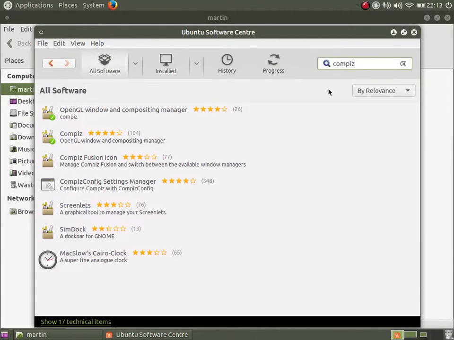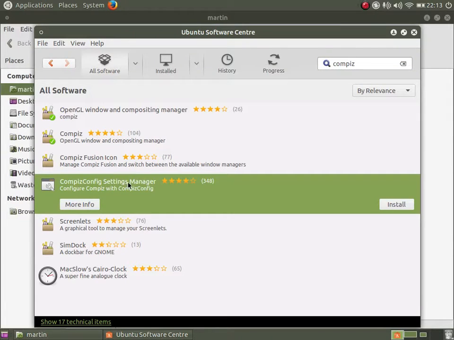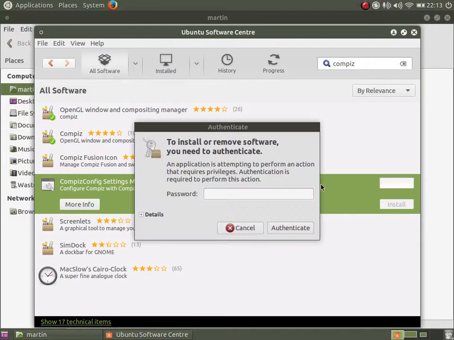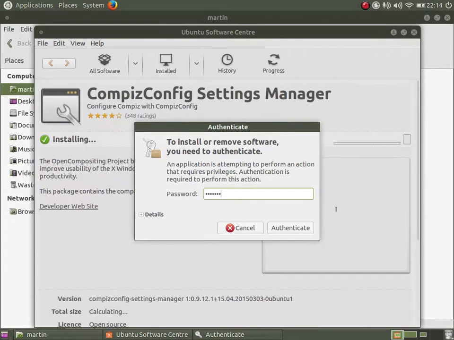But if we search for Compiz in here, Compiz Settings Manager, there you go, that's the one that you would want. I'll tell you what, why don't we do it? Let's install it. And the reason why I haven't included Emerald is because the theming is integrated into Compiz, so